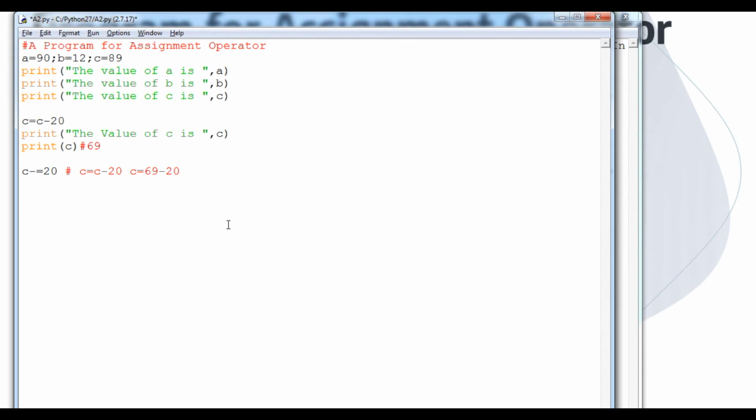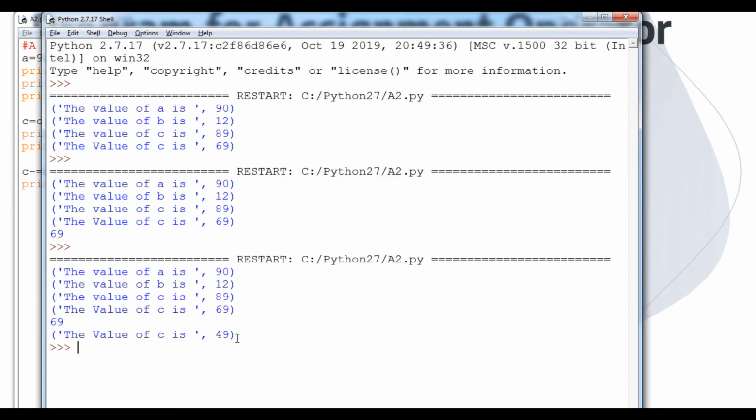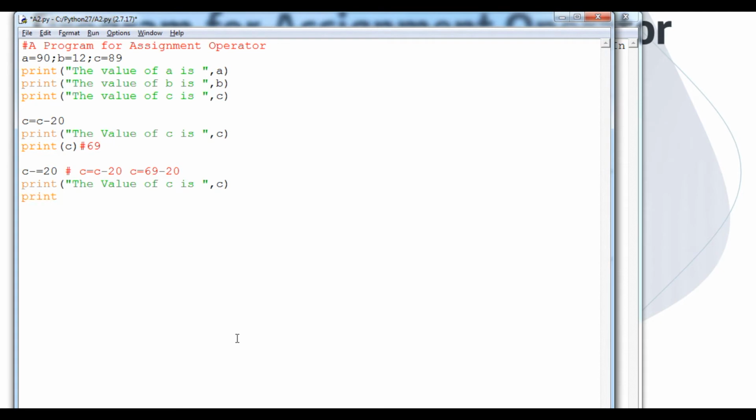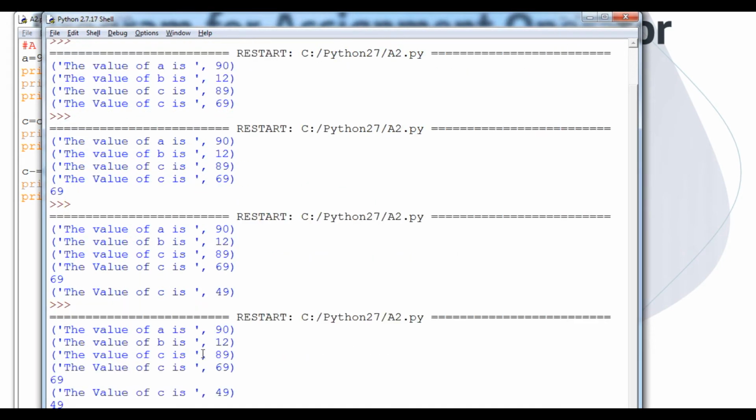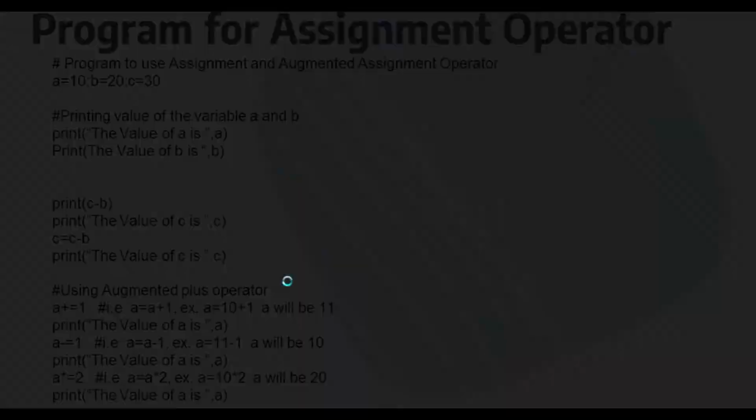So now I am going to print the same output here, in the same line. Let's see what the output will be. Now you can see 49. If you print C any number of times, the output will remain the same. So now see, it is always 49. Okay student, in this example I have shown the same thing. Any number of augmented assignment types are possible, that is augmented plus assignment, augmented minus assignment, multiply, floor division. So I will teach you here.